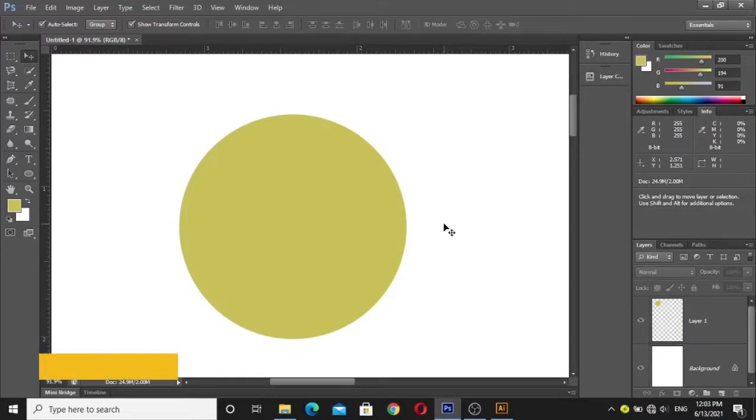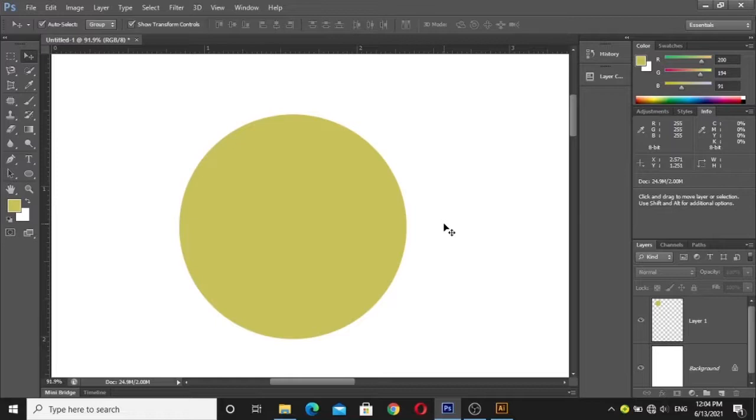So now I have created a circle object from a selection. Before it was a path, then I converted this path into a shape, and then I changed this path into a selection, and I produced a circle shape.